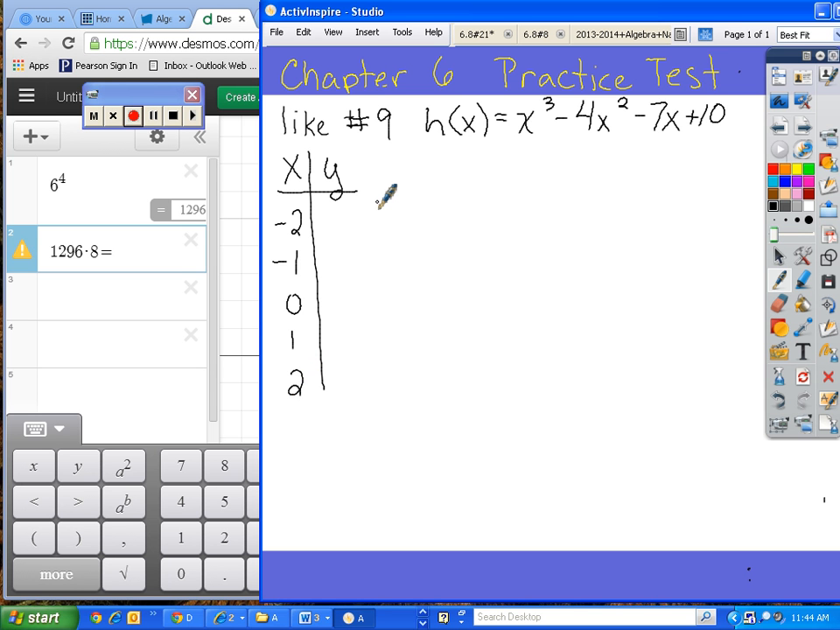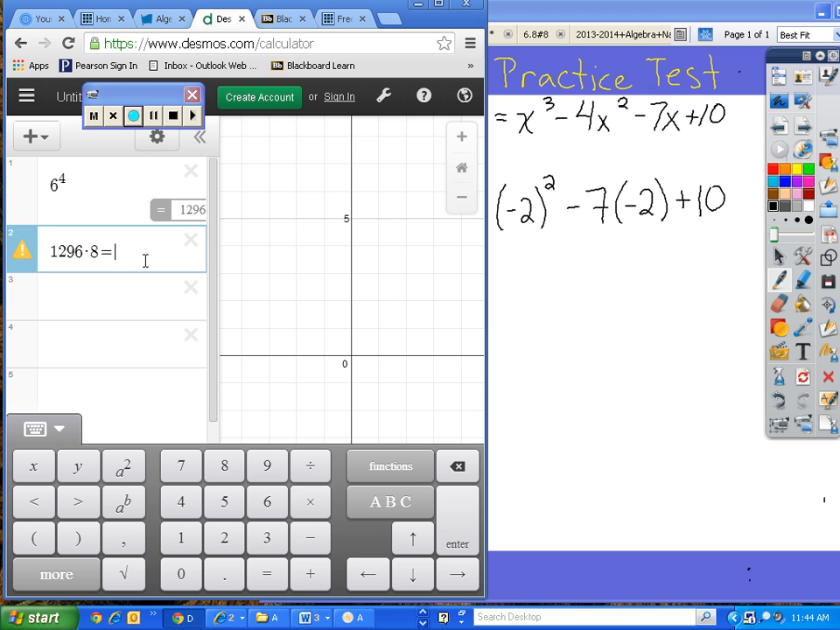Now what this means is wherever I see x, I'm going to plug in -2. So -2 cubed minus 4(-2 squared) minus 7(-2) plus 10. And now I want you to go ahead and enter this in your calculator over here. As long as you put parentheses around every term, you can just enter this whole thing in all at once. So we have parentheses, -2, close parentheses, and I want to do that to the third power,